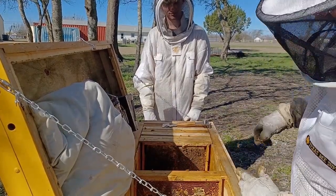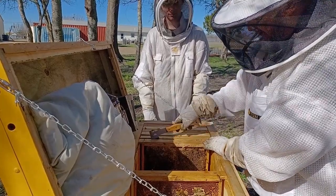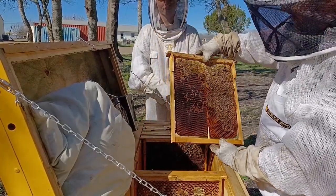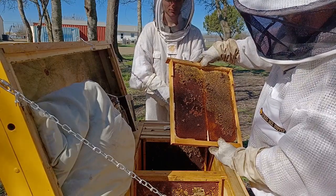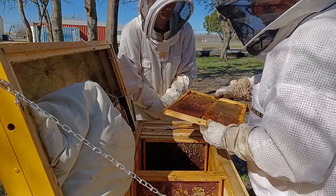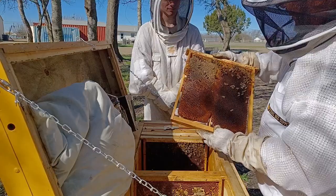So frame 7, fully drawn out, probably 2/3 full of honey, counting both sides. All right, frame 6. I'm not particularly watching for the queen yet, because these are just honey stores. Now here I've got honey, probably about 50%. I've got a little bit of, no, that's not pollen. I think that's just a yellow cast to the honey cappings. On this side, probably a 1/4 full of honey, and I do see some fresh nectar and a couple of